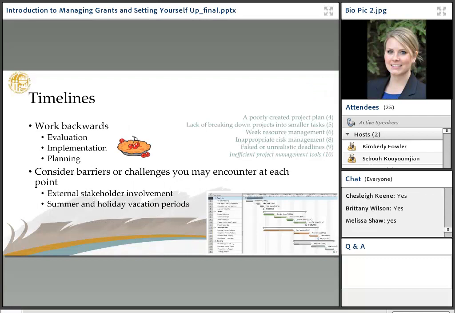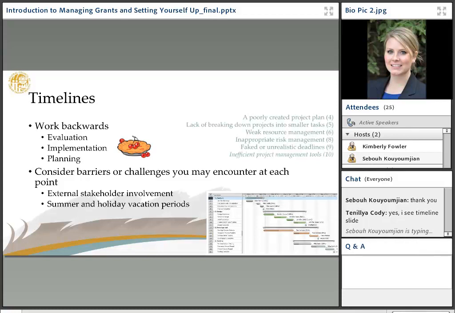And again, this is as you're thinking about your grant application and your work plan, so this is pre-submitting the application. A helpful tip that will help once you are receiving and managing the grant itself is to work backwards from the end date that most applications have. Go from evaluation and think through how much time you'll need for evaluation, implementation, and planning.